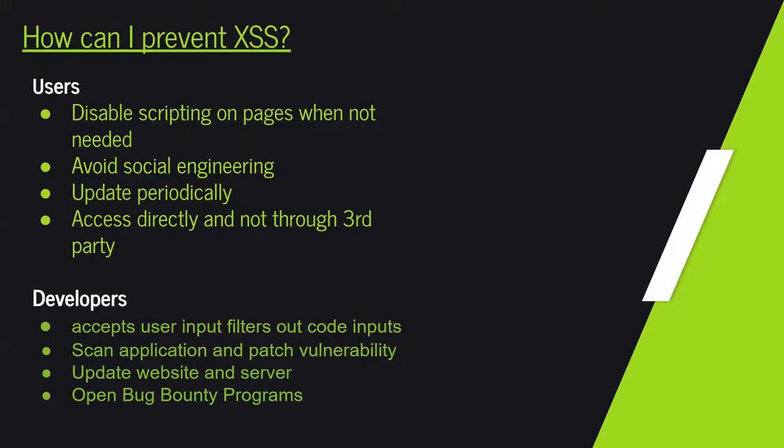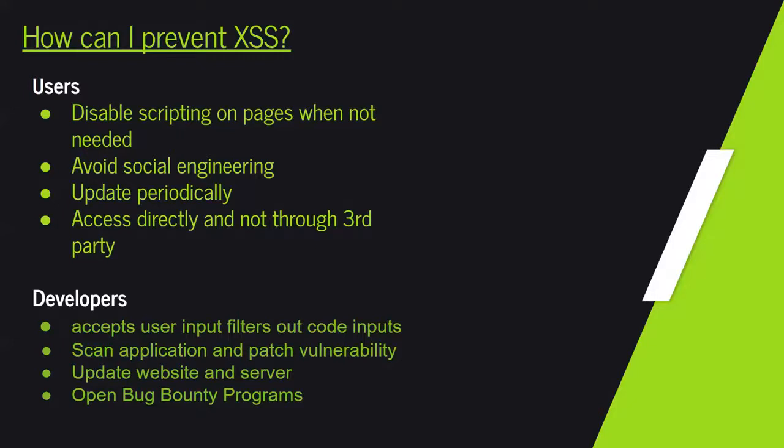All right, cross-site scripting is able to be prevented by 2 different types of people. The main ones are users. When the user is on a web page and they don't want to work with scripting on the pages, they have the ability to go in and disable scripting on the pages in order to prevent the sites from cross-referencing one another. A major thing a user can do is to completely avoid or limit the amount of social engineering